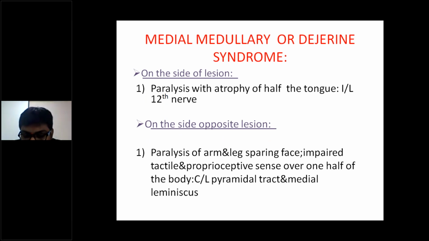So today we have discussed the medulla anatomy, and all the nuclei: nucleus tractus solitarius, spinal tract and chief sensory nucleus of the fifth, and nucleus ambiguus. We have discussed the images, and what lateral medullary syndrome and medial medullary syndrome are. And the midbrain syndromes we have memorized. That's it. Please revise.